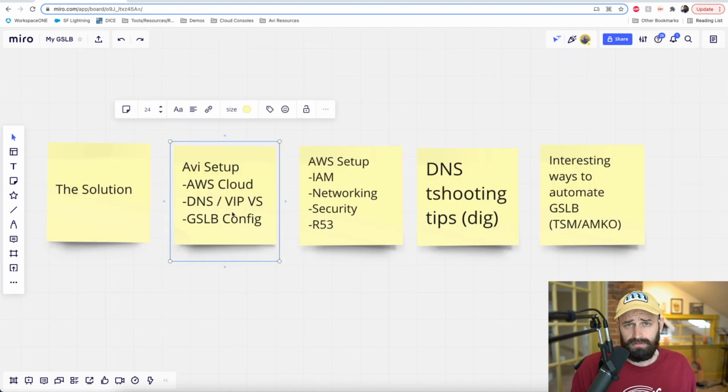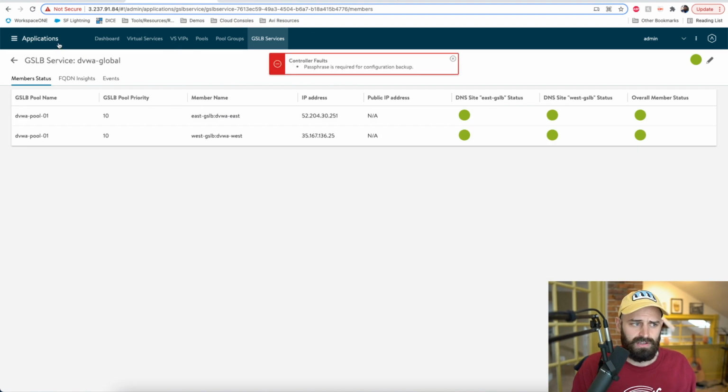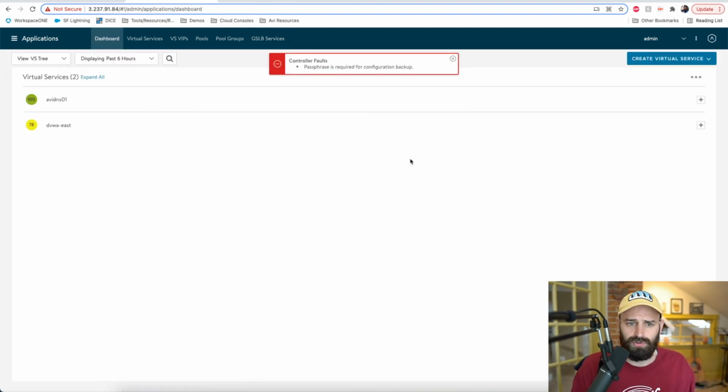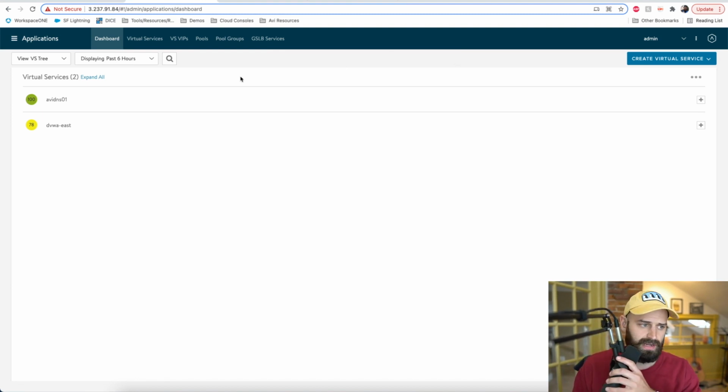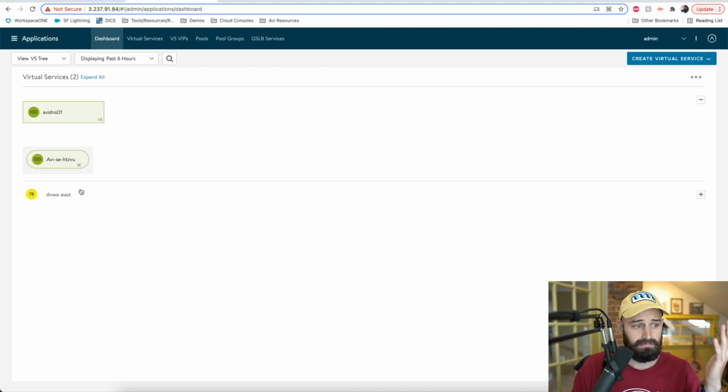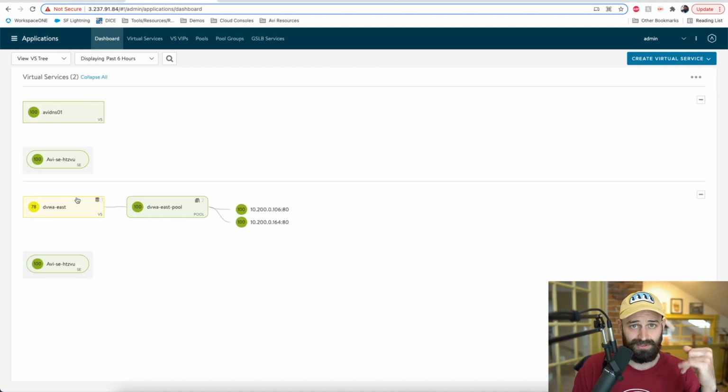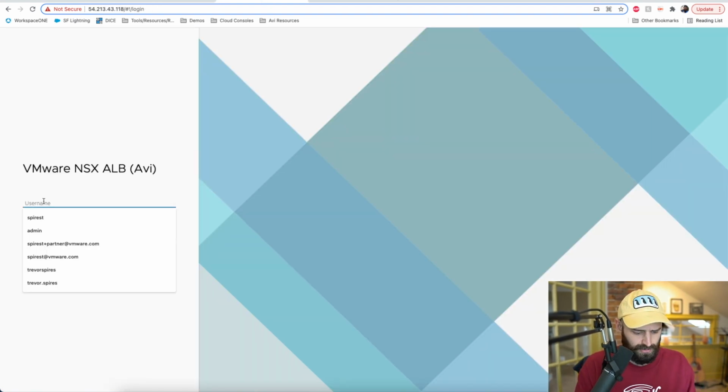Now I'm going to walk you through some Avi side setup, okay? Okay, so I am in an Avi controller, my East Avi controller actually, is what I'm in right now. You can see I have a couple of virtual services. I have two, right? My environment is very simple. It only has two, but in a real world environment, you probably have more than two VIPs. I've got my web app. This is going to be the app that I ultimately end up load balancing to, and I'll show you real quick